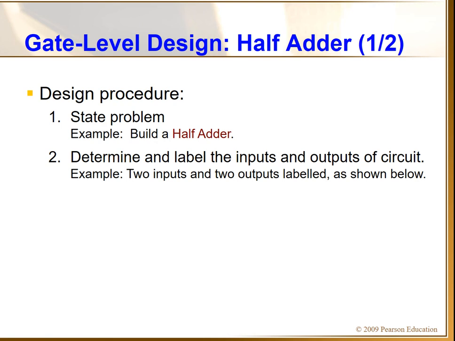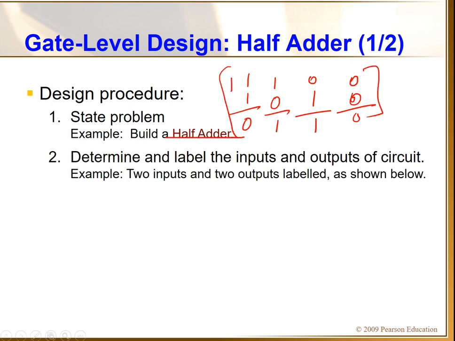So we have learned that, for example, if you just want to add 0 and 0, your answer will be 0. If you add 0 and 1, your answer will be 1. If you add 1 and 0, your answer will be 1. And if you add 1 and 1, your answer will be 0 and you will have 1 carry. Right? So this is just a simple addition. Now we are going to learn how we can actually implement this in an actual digital system.